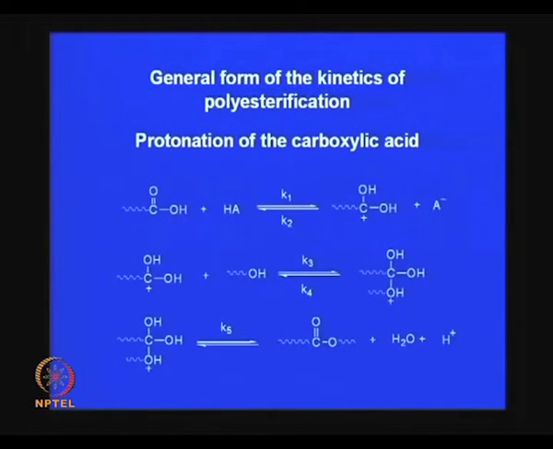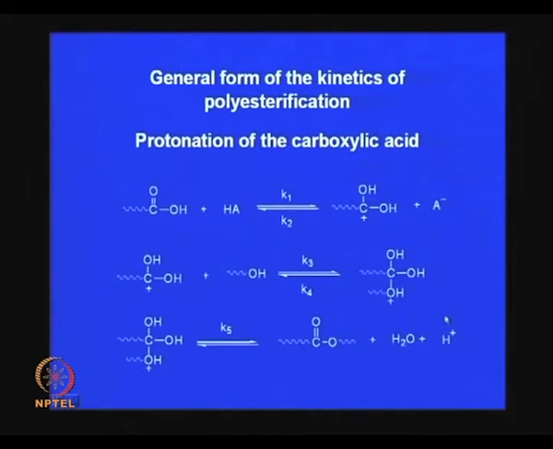Here you see a carboxyl group reacts with one alcohol hydroxy. This is acid, protonation. So it can add a proton to this, so this carbon will be protonated. Now this protonated species will react with the alcohol, forming again this intermediate. This intermediate rearranges itself to form an ester functional group, producing a byproduct molecule H2O.